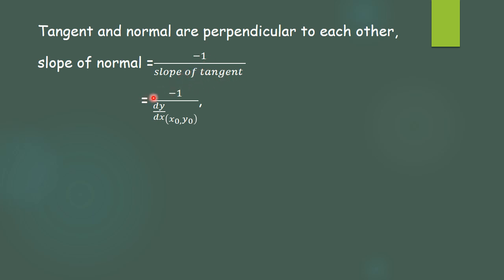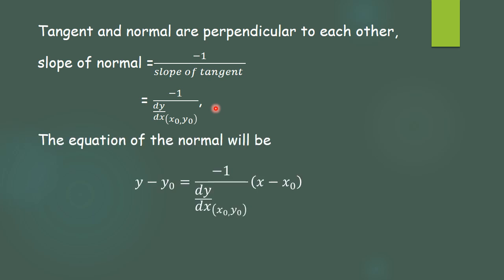So that is equal to minus 1 upon the value of dy by dx at (x0, y0). The normal is also drawn at the point (x0, y0), and so the equation of a normal will be y minus y0 is equal to minus 1 upon dy by dx at (x0, y0) into (x minus x0). Here also we have used the slope point form only. This was a slope and the point through which it was passing,